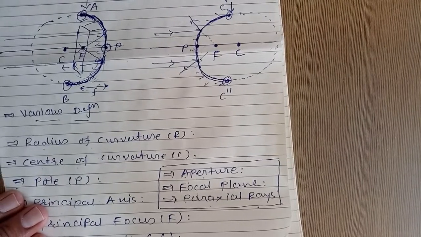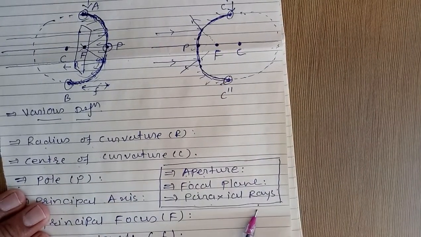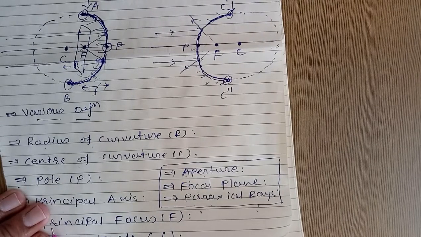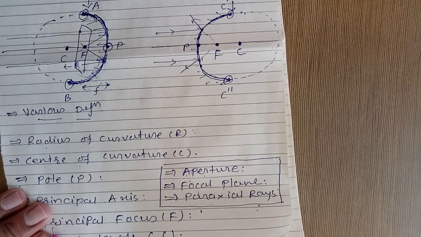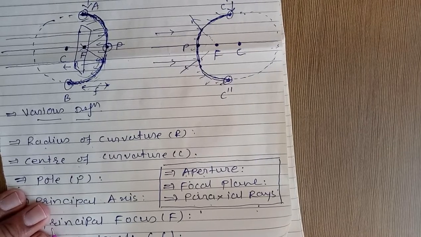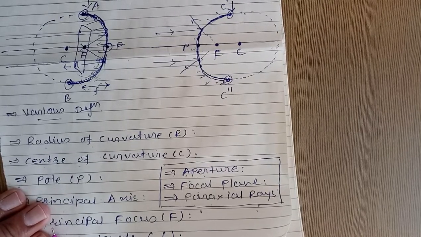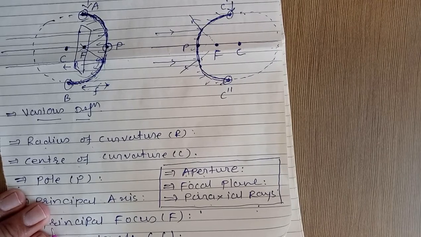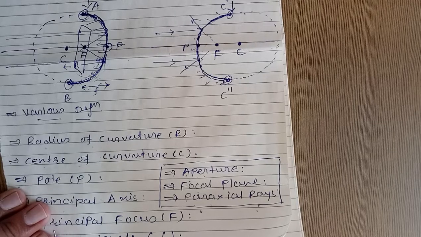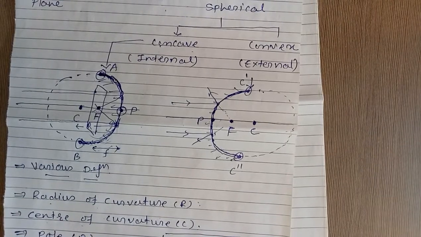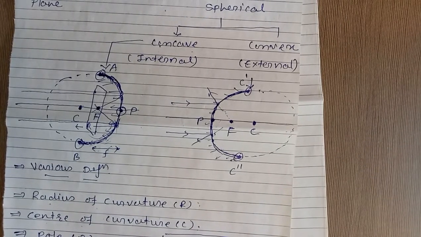Now our last definition, paraxial rays. The rays close to the principal axis are known as paraxial rays. I repeat, the rays close to the principal axis are known as paraxial rays. In tomorrow's session, we will discuss the relation between the radius of curvature and the focal length, which is R equals to